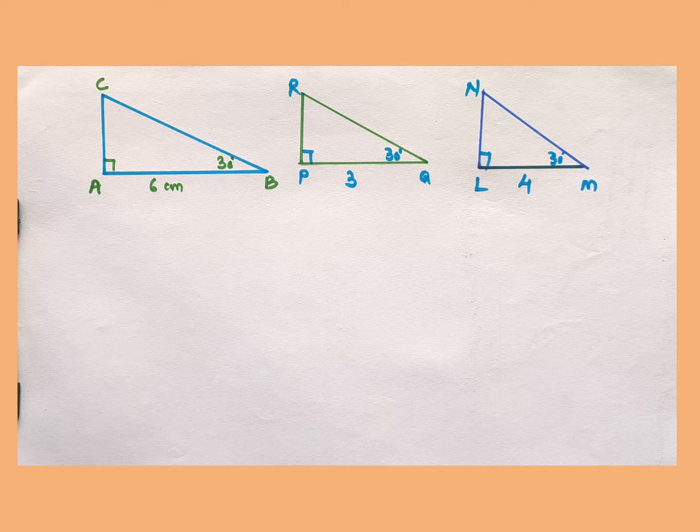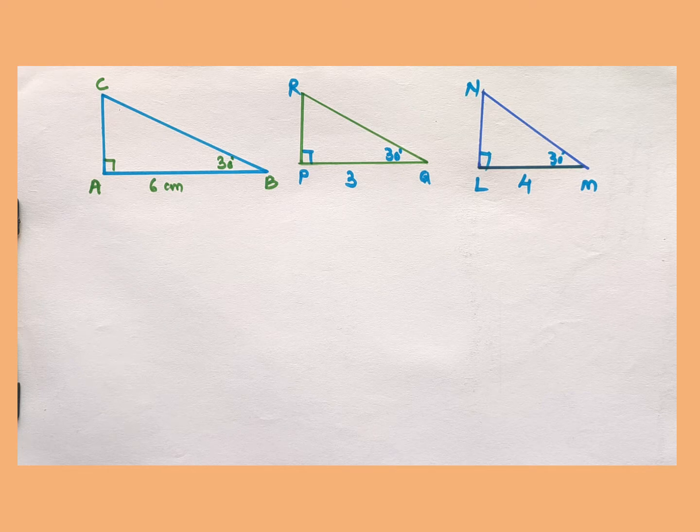So I have drawn three rough diagrams on the paper: triangle CAB, triangle RPQ, triangle NLM. You will find they are all right angle triangles, and one of the acute angles is the same for all three, that is 30 degrees, but the lengths of the sides are different. So let us draw them individually and check what we get. First we will begin with